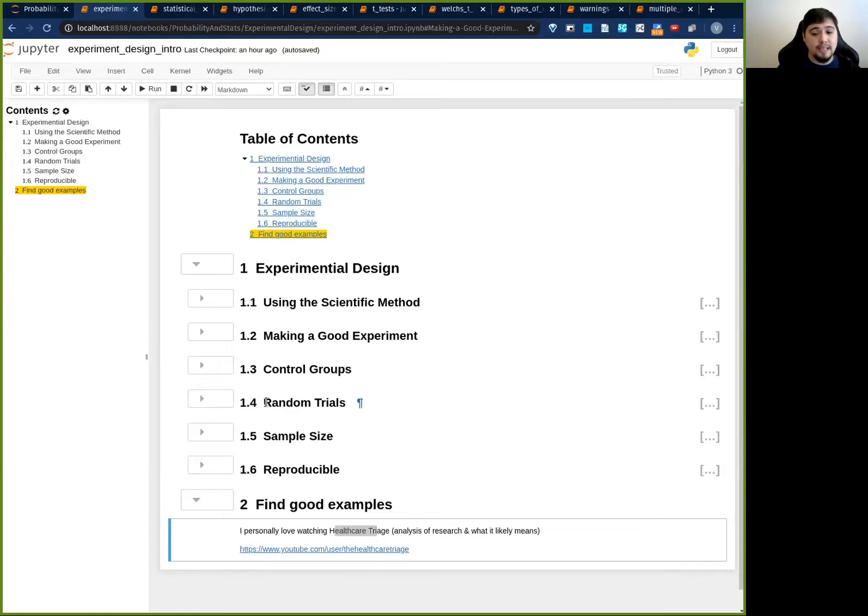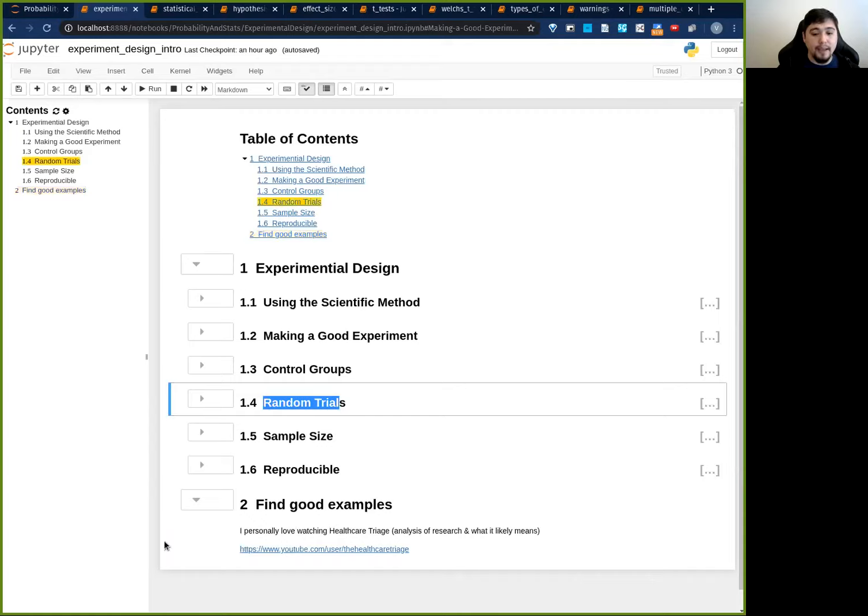especially for health studies, is random trials. Random trials are really, really hard to come by. And so you can still do quite a lot, but just keep in mind that it's not random. And I think this host in particular does a really good job of explaining situations for meta-analyses. So if you're curious, check out this